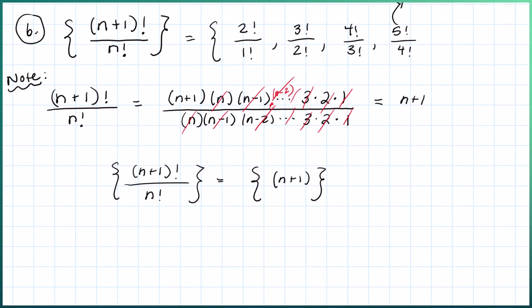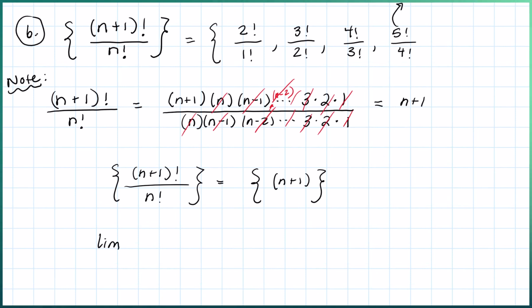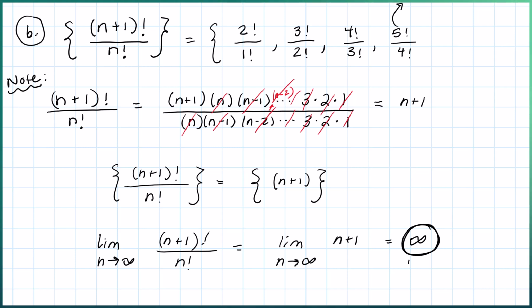Those are equivalent sequences. So when I take the limit as n is approaching infinity to determine if this guy converges or diverges, I can just take the limit as n is approaching infinity of n plus 1. But that limit, of course, as n is approaching infinity, that's just infinity plus 1. That is infinite. And therefore, it diverges, but it's diverging in such a way that it is what we say